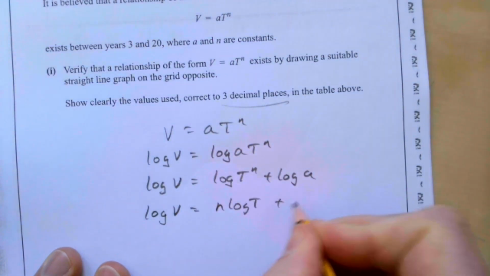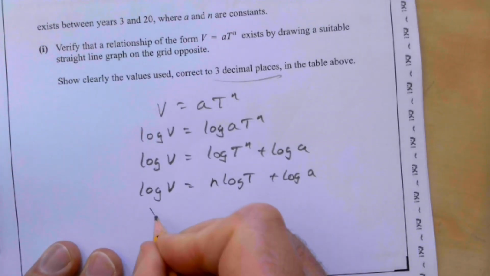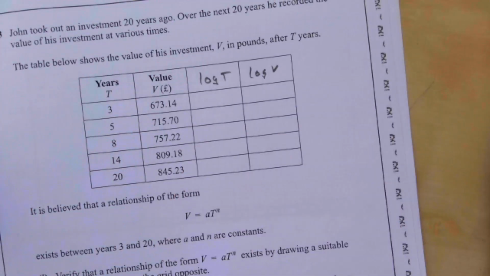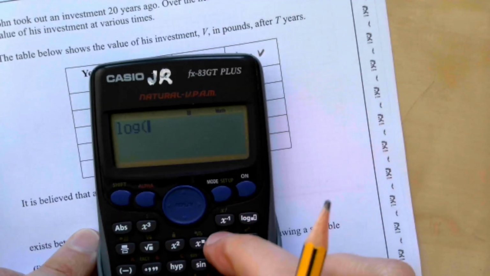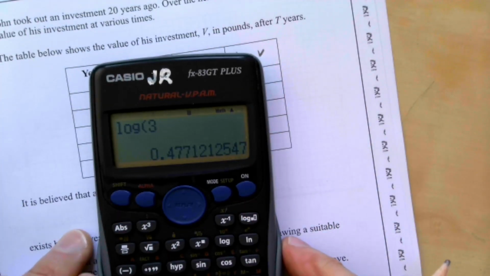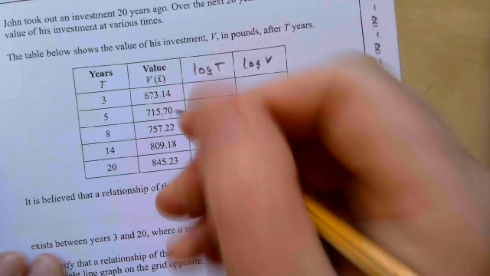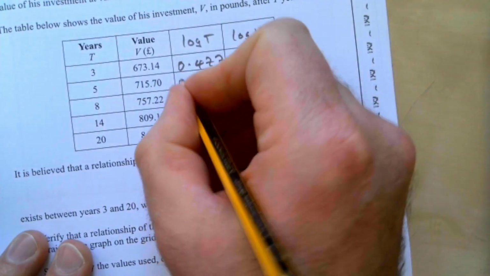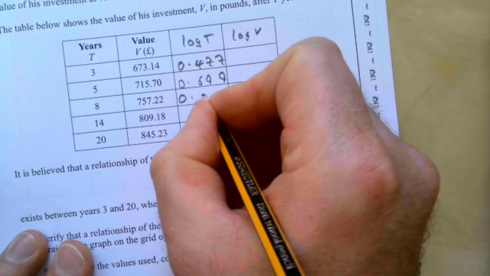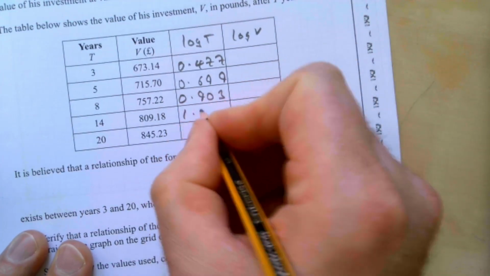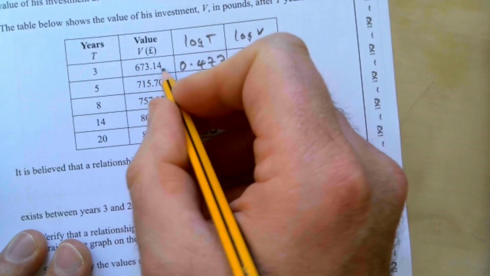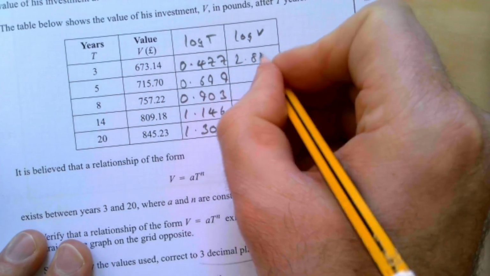And n log t plus log a is going to look a bit like y equals mx plus c. So we're going to use that to work out some of the bits and pieces that we need a little bit later on. Using log t then, I'm going to do log of 3. That's 0.477. If I do the same for the other ones, I get 0.699, 0.903, 1.146 and 1.301. Log 673.14 gives me 2.828,